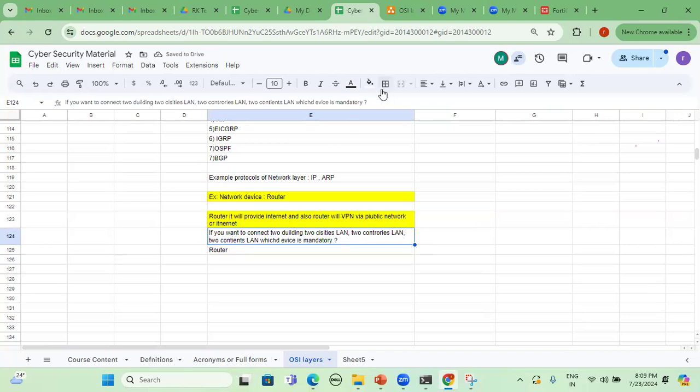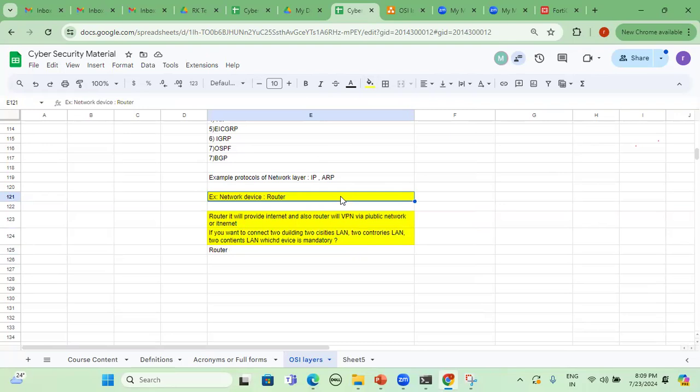So these are three notes. Without a router, we can't connect. So public network or internet or VPN or work from home option or site-to-site VPN or client location as well.